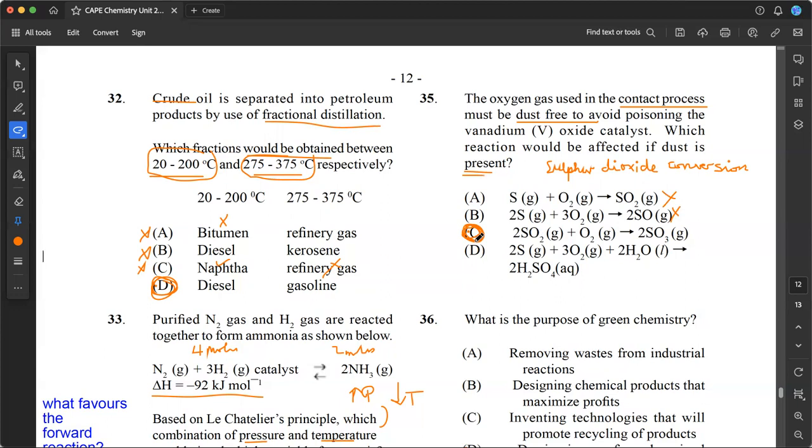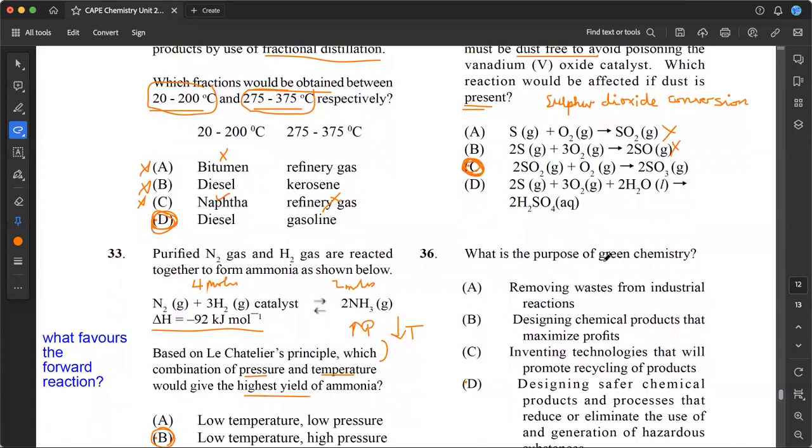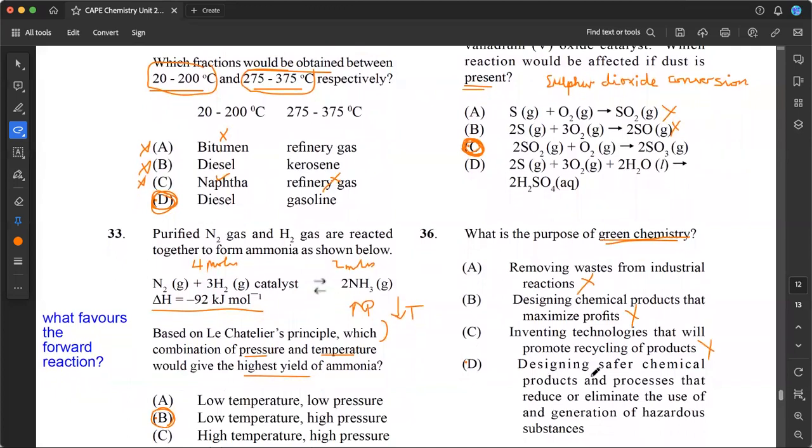Okay? Moving along to 36. 36 says, what is the purpose of green chemistry? What is all the rage about green chemistry? Is it about removing waste from industrial reactions? Not particularly. Is it about designing chemical products that maximize profits? No, it's not a profit-making thing. Is it about inventing technologies that will promote recycling of products? Not entirely. Is it about designing safer chemical products and processes that reduce or eliminate the use and generation